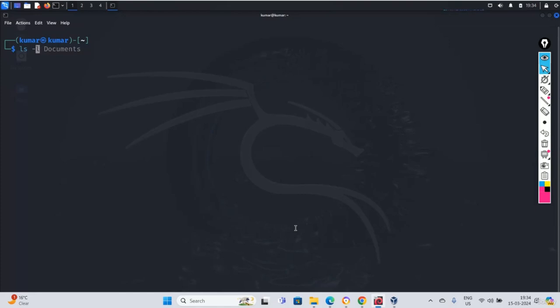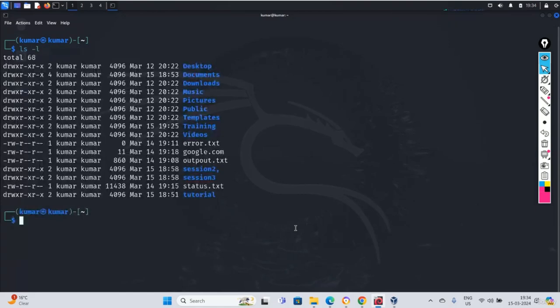ls and -l and hit enter. So you can check here, there is something in the front of this file, this d